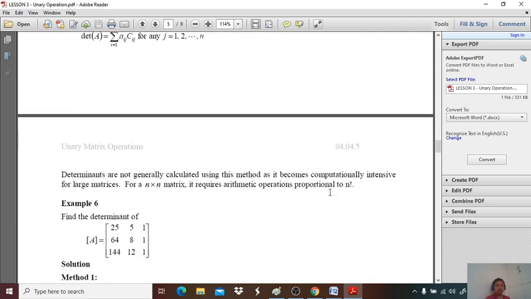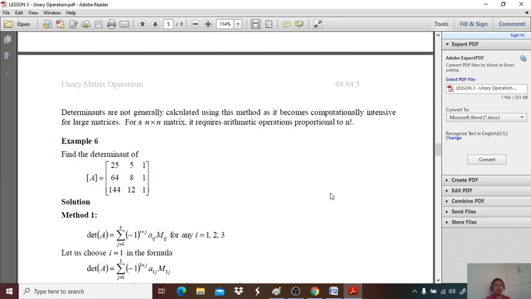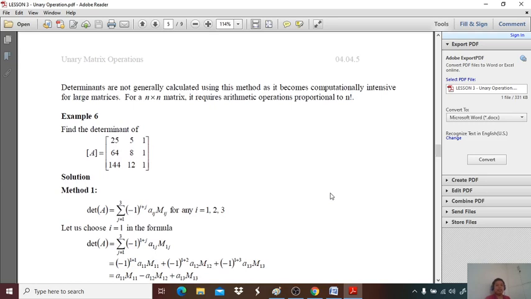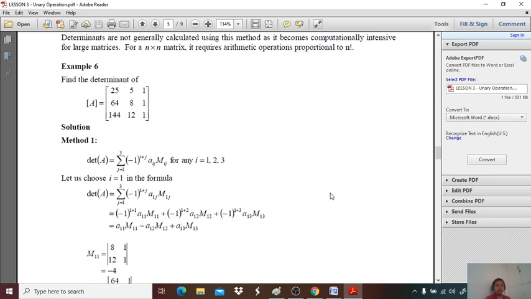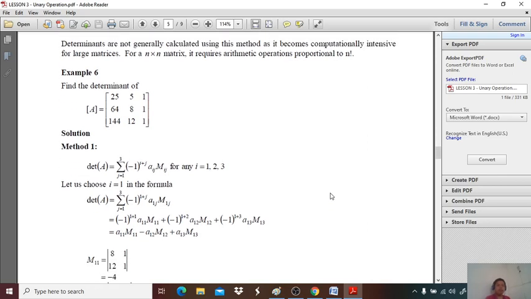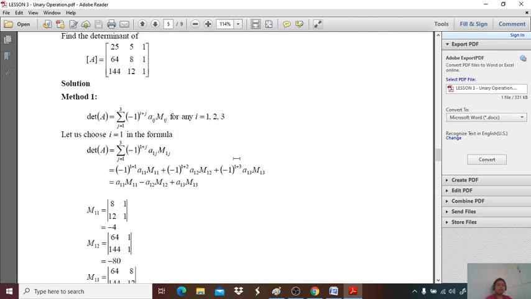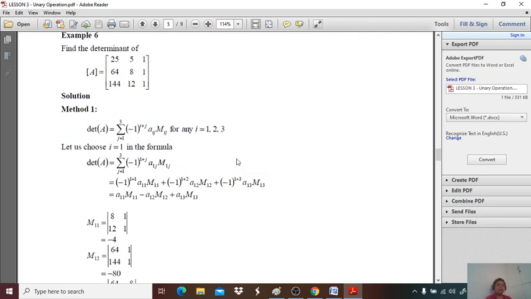Okay, so determinants are not generally calculated using this method, as it becomes computationally intensive for large matrices. For an n by n matrix, it requires arithmetic operations proportional to n factorial. So let's say we want to find the determinant of 25, 5, 1, 64, 8, 1, then 144, 12, 1. Using method 1, we first have to consider